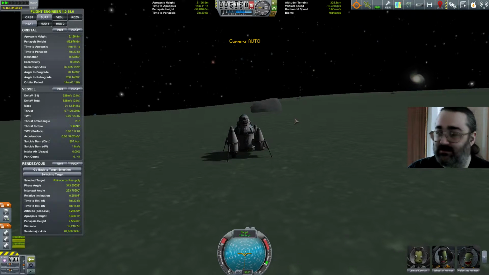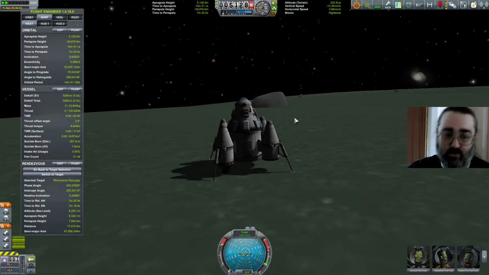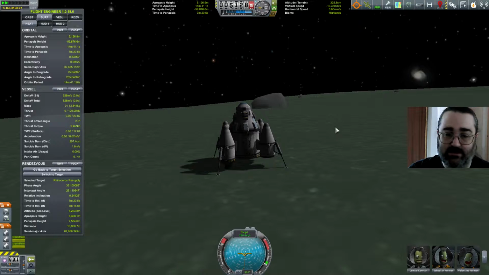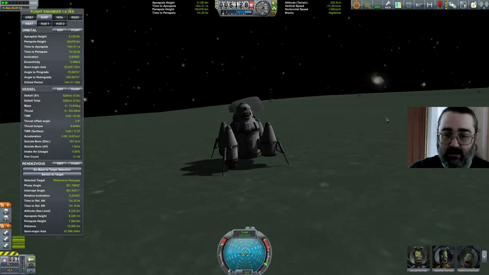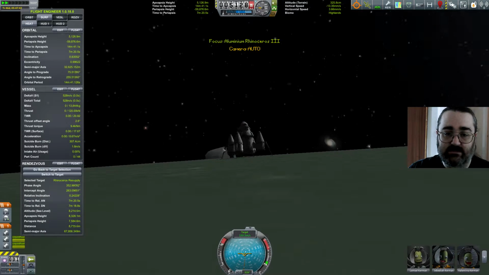The first time I did this, I thought I was doing a launch and I hit space, which immediately triggered. That's not what I wanted to do. I'm just going to lock my stages because that triggered my parachutes. Now I'm going to have to remember to unlock my stages before I do that again. Right, so